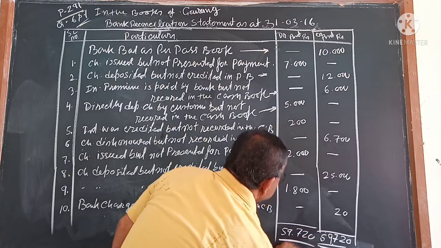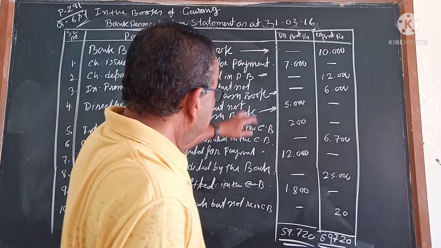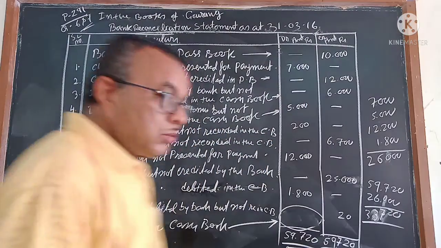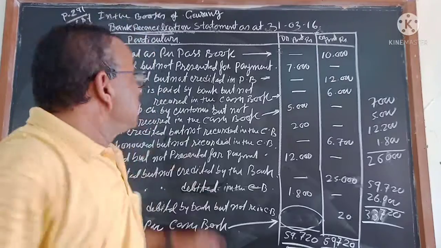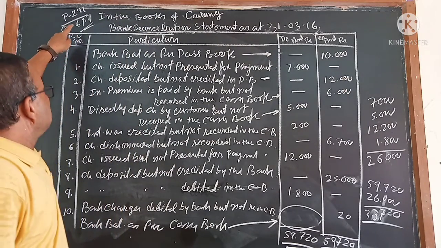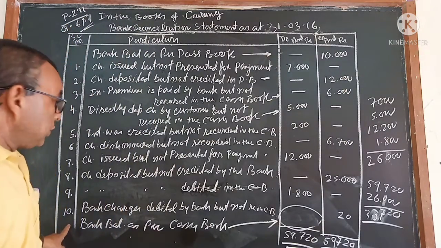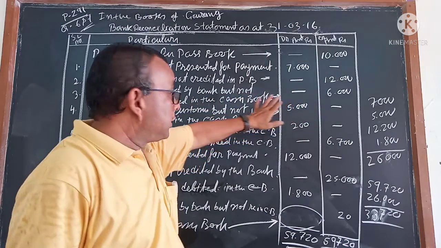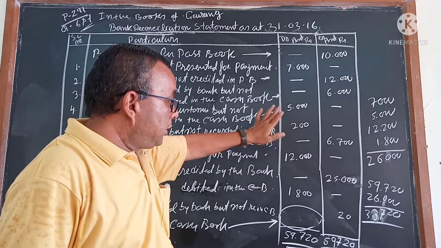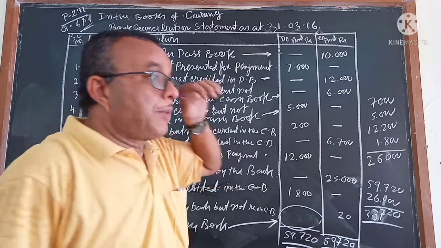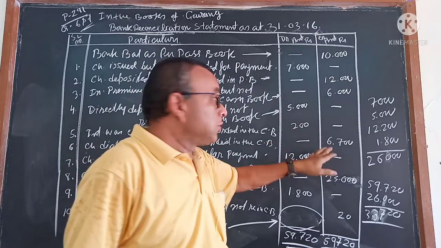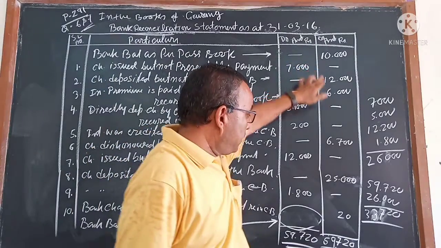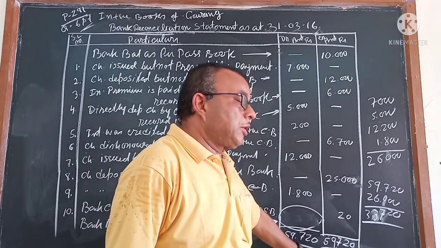Even though you check it, there may be a mistake. Okay. And this is how much comes. Let me write it here. Now, you already understood the question number 6 of page number 291. There the total 10 points are there. All the 10 points, where the debit amount will come and where the credit amount will come, I have already written. Now we are going to find out the balance either in the debit column or in the credit column. I told you which side is more, that side will add first. This side is more. If I add, I will get 59,720.